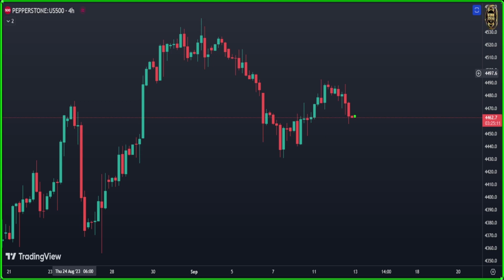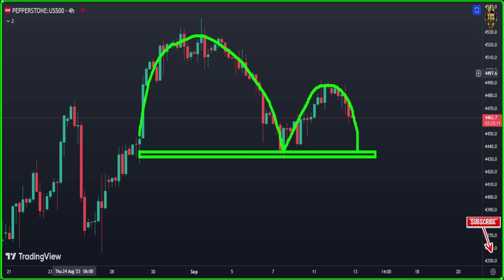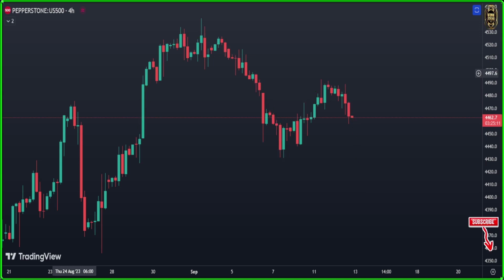So guys, as you see, the SP 500 today, after that move of yesterday, that Monday candle, today the market fell down here, as you see. The SP 500 tried to give us here a clear cup and handle, a very clear cup and handle. It's not yet completed, but if it falls down and breaks here, you need to enter short, or maybe another scenario as I mentioned in the previous video.